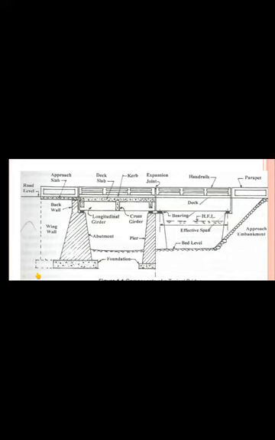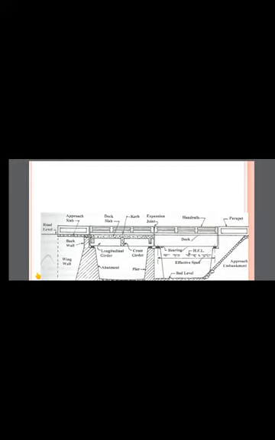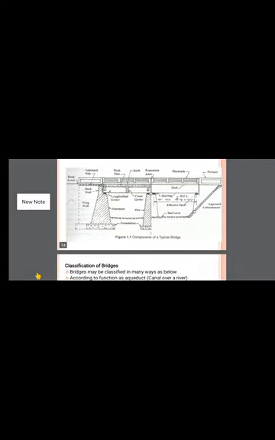Then there are parapet handrails, and we are going to provide an expansion joint. See here, expansion joint. The function of this expansion joint is, due to these lateral pressures and due to change in temperature, there will be shrinking and swelling. The concrete is going to expand after several years. So for that purpose we provide the expansion joints in the bridges. Okay, clear? These are the components of the bridges.